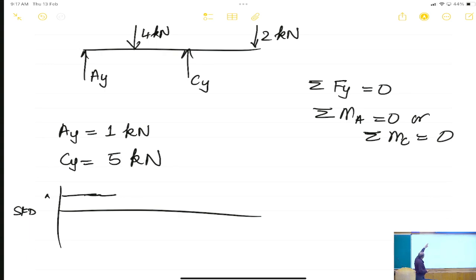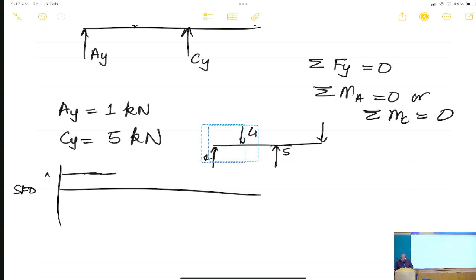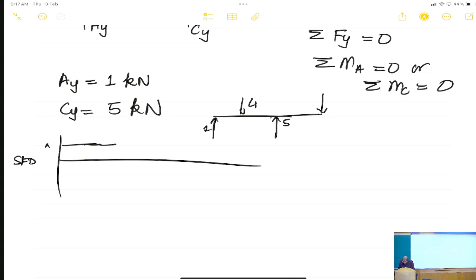let us try to draw the shear force diagram. So, we have a 1 kilonewton force. Let me just draw the loading here. So, the shear force diagram, there is 1 kilonewton. So, we go 1 kilonewton and write, then